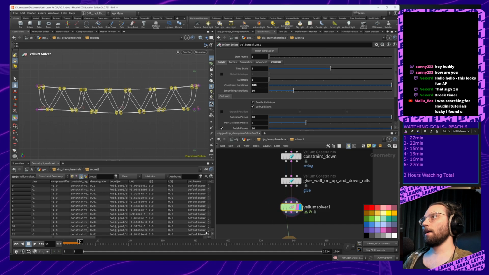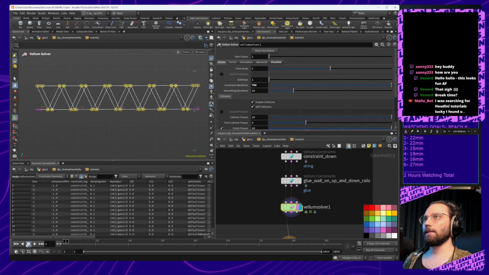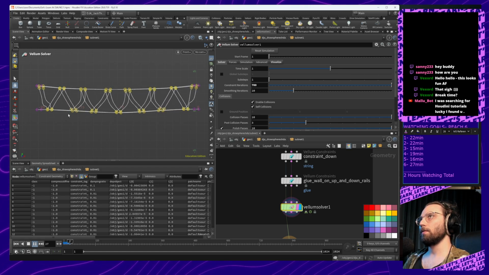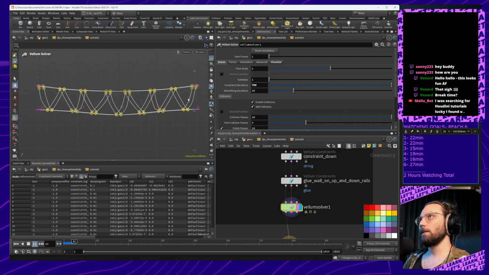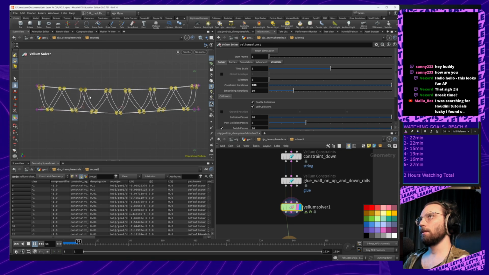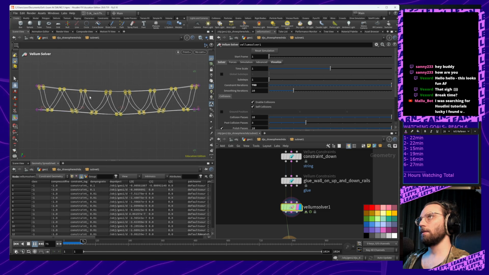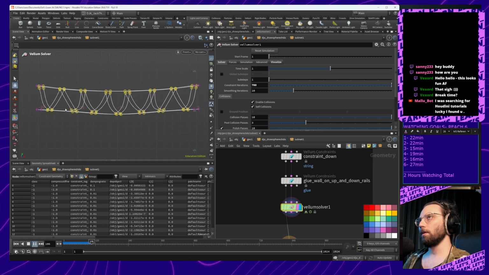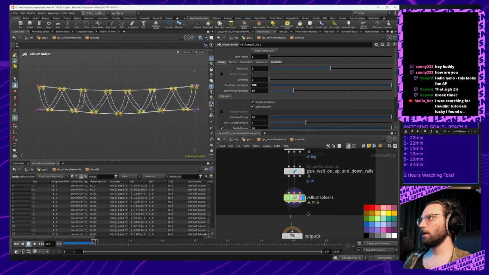Let's play that again and let's make it simulate again. All right, so we will wait for it. We need the upper one to go lower, and let's check if that works. Good enough for now. Yeah, it is definitely going lower here. Could go even lower, but for now it should work. Let's go